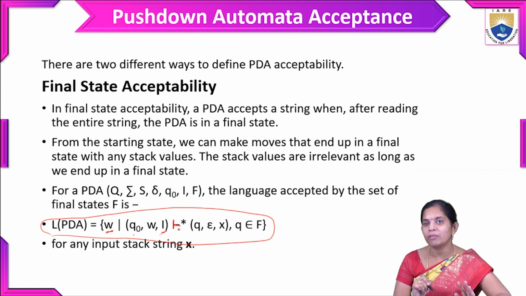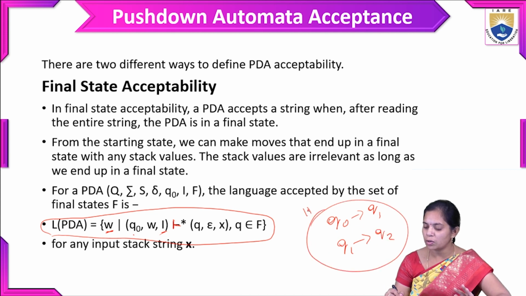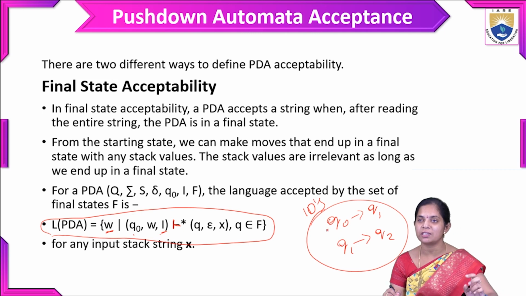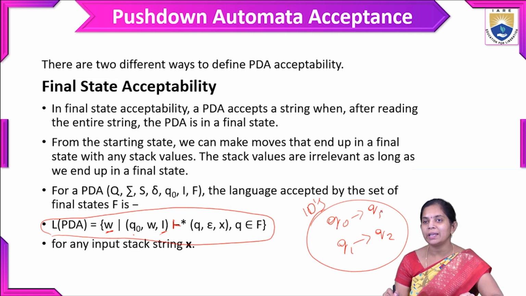So ID moving from one ID to another ID, that is nothing but from Q0 to Q1 and Q1 to Q2, like this there are moves. So these moves are named as the IDs, instantaneous description. So how many moves are there in constructing this PDA for this given language? Those moves are named here as